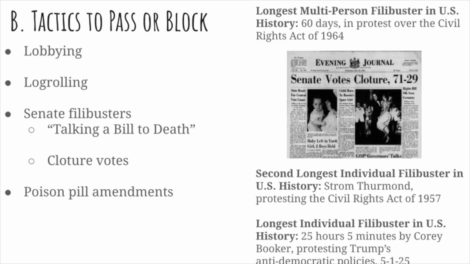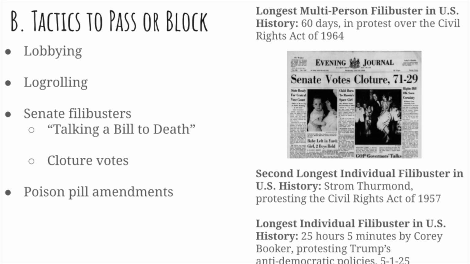The term filibuster actually has an interesting origin. It's a pirate term. The idea of a filibuster is the idea of taking booty or taking treasure. And the way I like to think about this process is that when someone is going to filibuster in the Senate, they're kind of like a pirate hijacking the process and preventing any legislation that's been building up from being voted on.